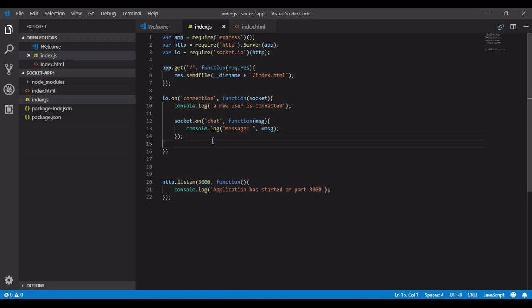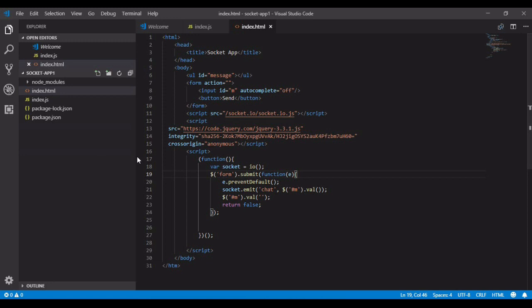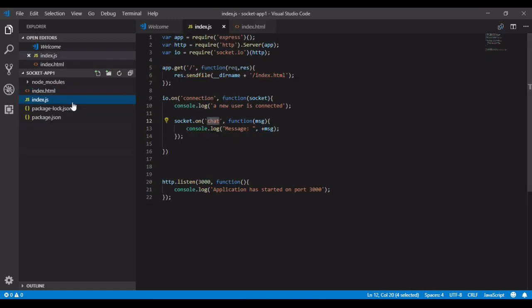After doing that, I will be emptying the text box, saying return false. Right, so this is how I have configured my client, the socket.io client. And after that, for listening,